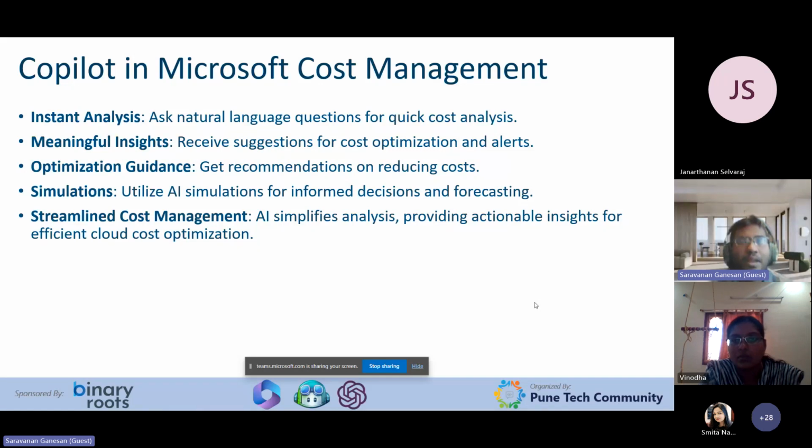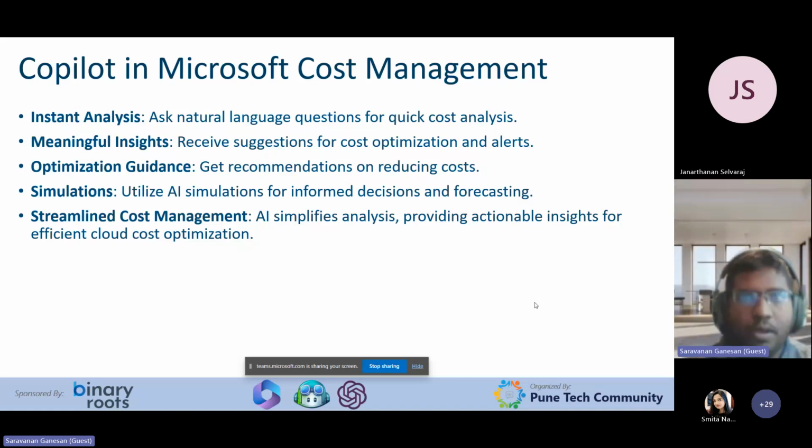It also sends some comparison charts as well. As we look into this, we can see that these are the services that were consumed a lot, or that things were added. It will also tell you if the billing in a particular region got increased by Microsoft. Okay, so these are some of the implications of Copilot in Microsoft Cost Management, and